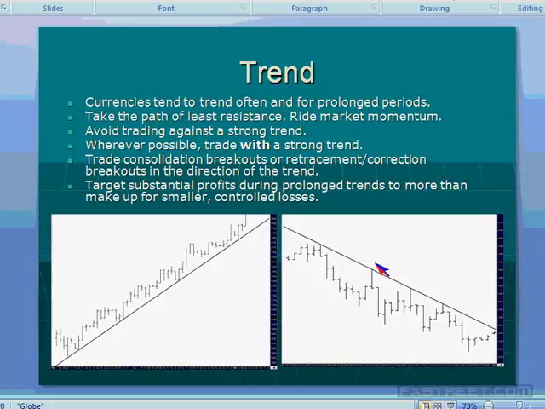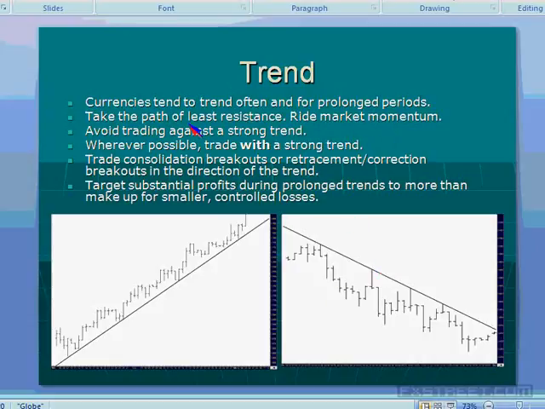If price is going up, we as technical analysts or technical traders like to take advantage of market momentum. So if price is going up, then perhaps it would be a good time to get in. Of course, you're going to wait for your signals, but it would be a good time to take advantage of the market momentum. Not necessarily after the move has exhausted itself, but on its way up. Hopefully, what you're doing is trying to take advantage of the market momentum, which is basically what trend is. Okay, so we're looking to take the path of least resistance.